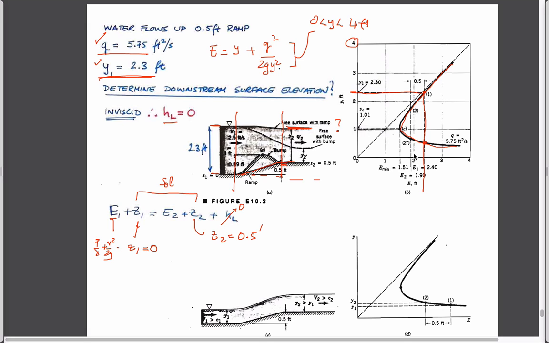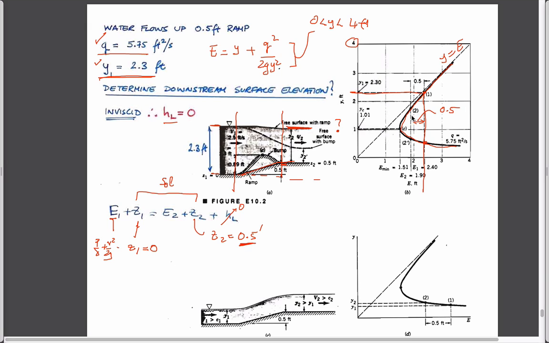then it means that we can go from this 2.4 magnitude, so this is 2.3, this is the y is equal to E line, depth is equal to energy line. Since this is 45 degrees, it's almost on this line. It should be about 2.3. It's actually a bit more. It's 2.4. And so if we go an amount which is 0.5, which is this 1.9 here. So in other words, if we go an amount here, which is 0.5,